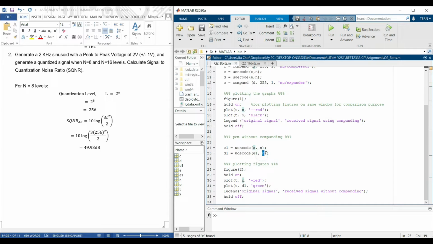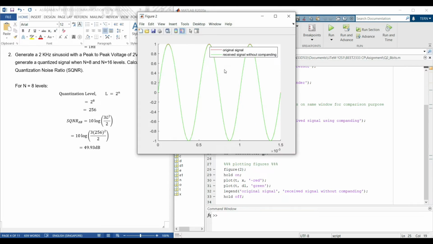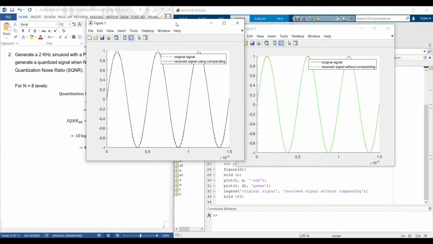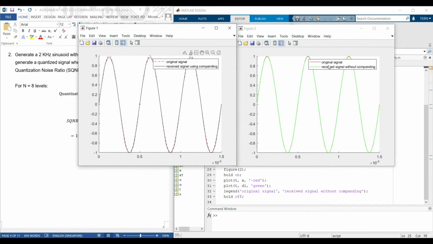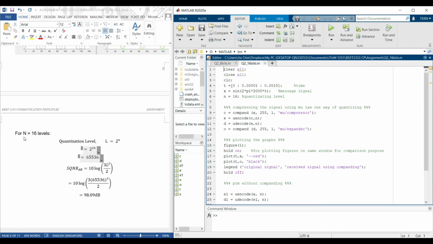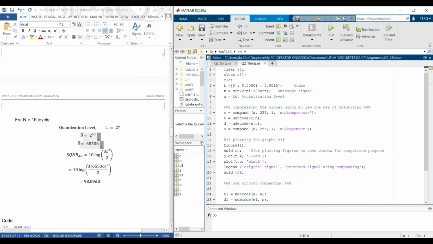Also with n equals 8 bits. Then we will plot the signal again. So when we run the code, we will get the received signal using companding, and the received signal without companding. For n equals 16 levels, we will first calculate the quantization level L equals 2 to